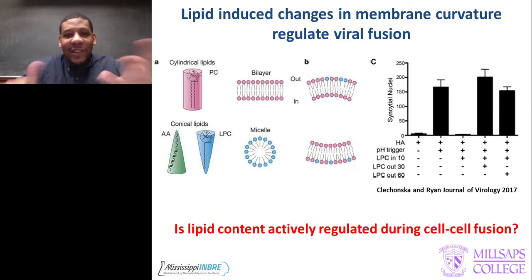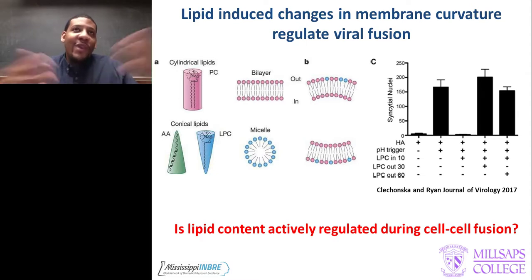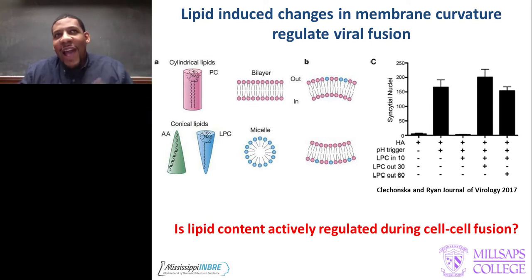And this can be facilitated by changes in pH. That's not really the point right now. But the point is you get fusion when you add this viral protein, okay? So what happens if you add a lipid that should have some effect on curvature, like LPC? Well, what you see is when you add LPC to the inner leaflet, you block the fusion that is induced by HA, okay? This suggests that the lipids present in a membrane can affect the ability of cells to fuse,